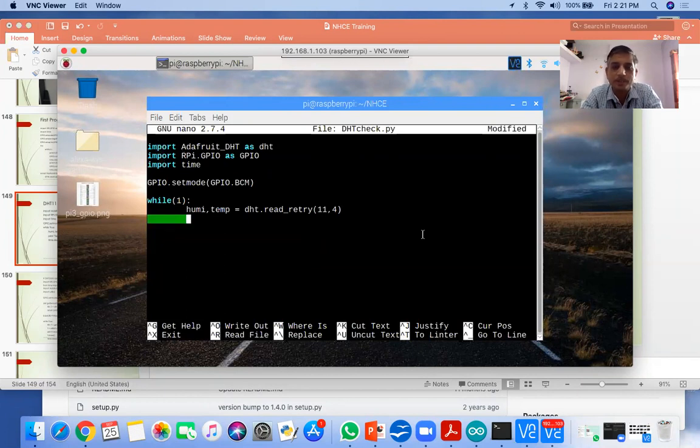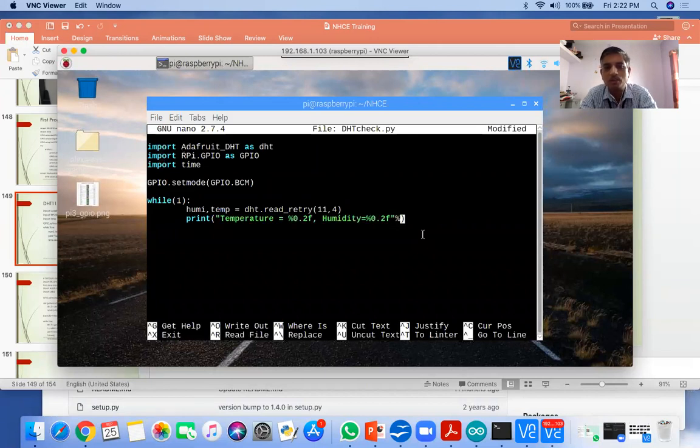Now the next one, we just have to print it. I'm using Python 3 for executing this program, so that's why I'm putting the brackets. So print, and firstly I'm putting temperature. Temperature is equal to percentage 0.2f, the same format specifier I'm using, and humidity is equal to percentage 0.2f.